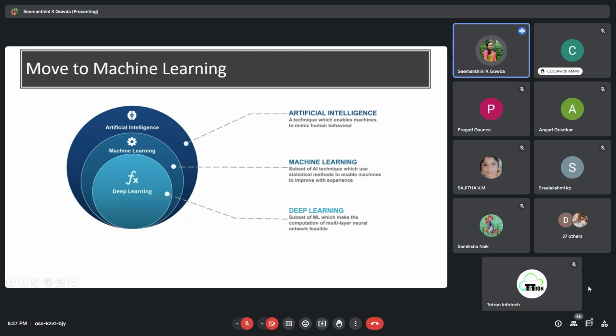As I said, AI is creating intelligent machines, or mimicking intelligent machines, to work as human beings or to behave as human beings. A subset of artificial intelligence is machine learning, where we mainly talk about statistics as well as probability concepts for the prediction of the data. With deep learning, we make use of multiple layers by mimicking the human